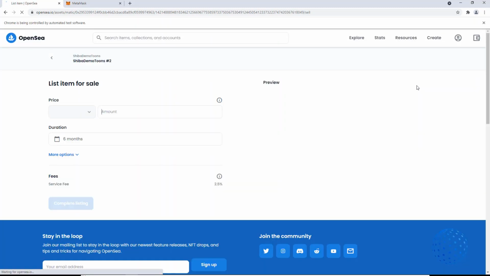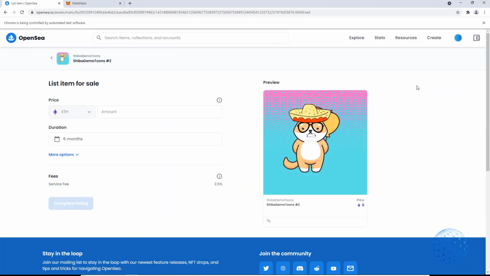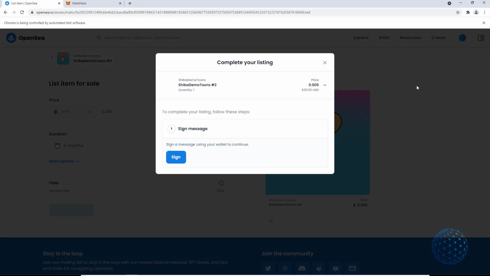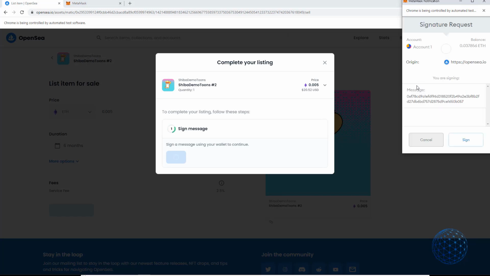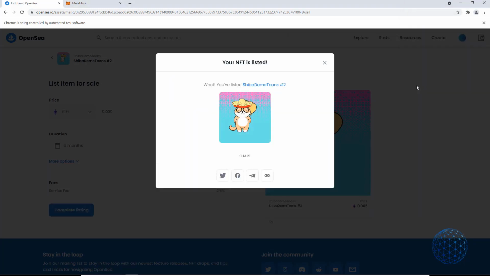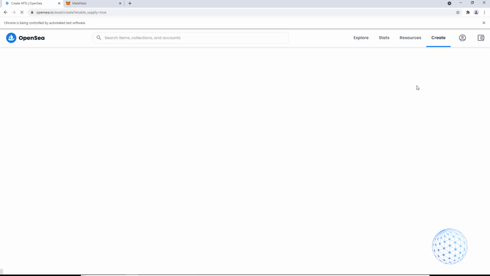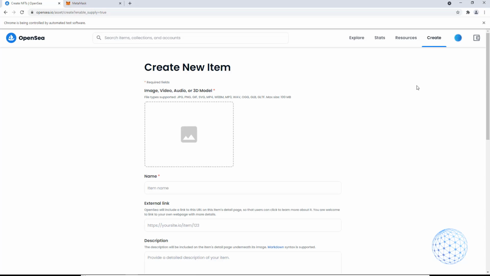And here it will complete the listing, it will sign the message, and we will have the second NFT. So what is the difference when we have the levels, the stats, the unlockable content, the supply, and when we don't have it? Alright, so now I'll leave them uploading and I will grab a cup of coffee